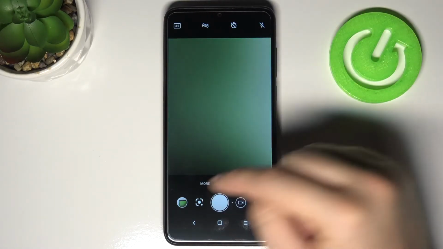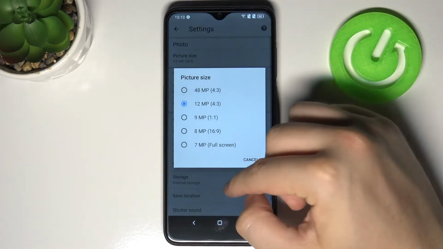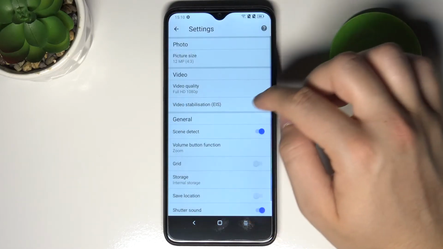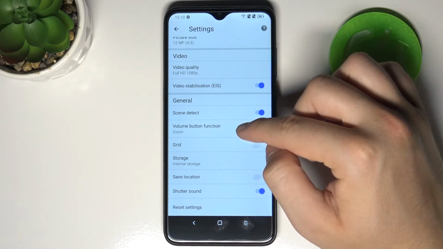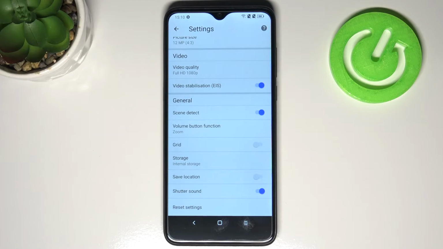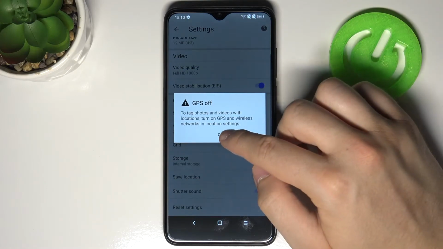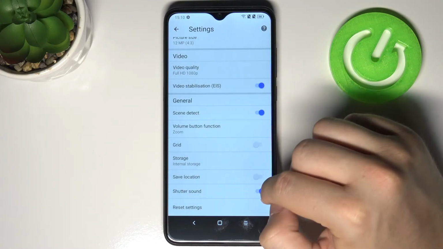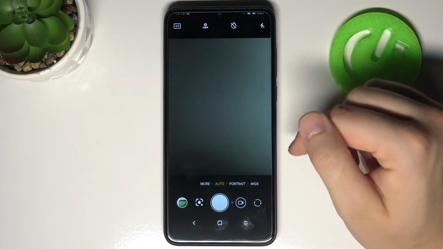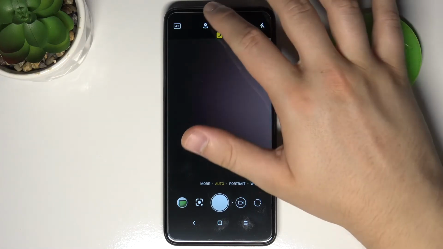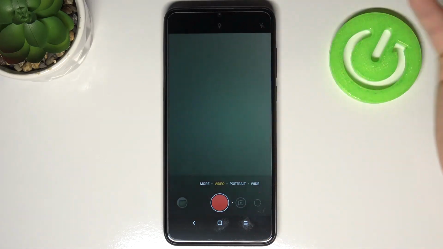We can also go for the more and enter the settings. And in the settings we can change the picture size, video quality, we can activate electronic image stabilization, we can change volume button function, activate grid lines, change the location of the storage, and we can also add location tags to the photos, enable or disable shutter sound, and for sure we can reset all of the settings that we have on the camera. We get also HDR, we can change aspect ratio, we got timer, and for sure we can also record